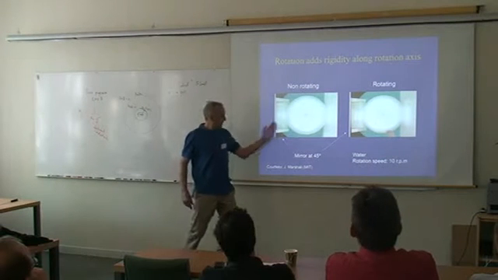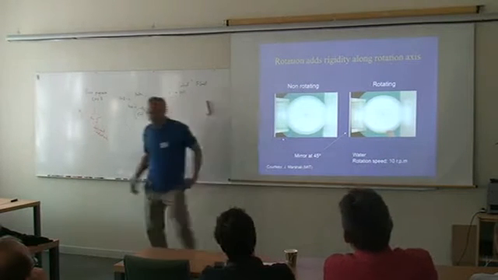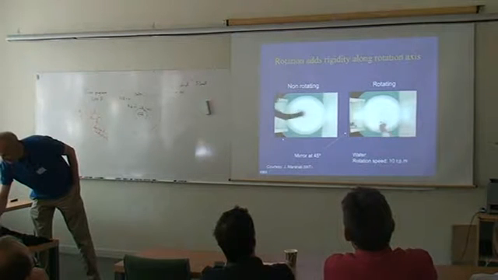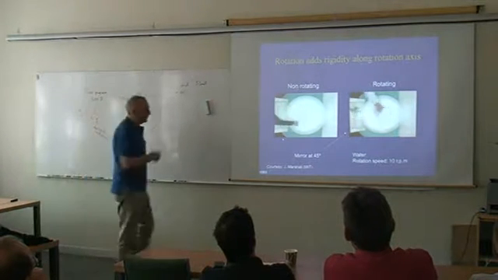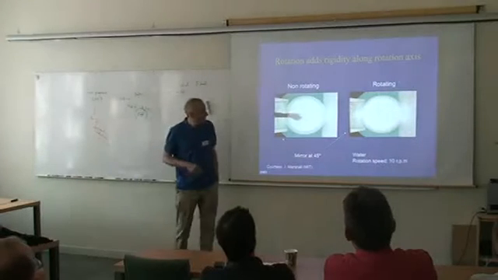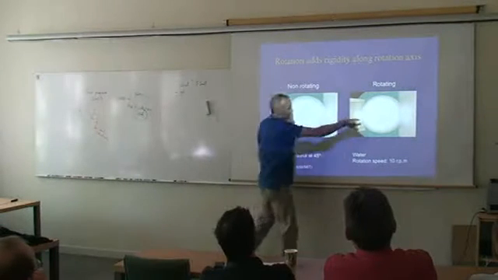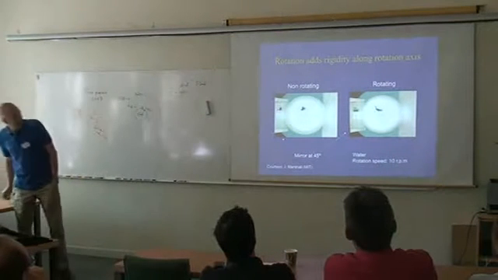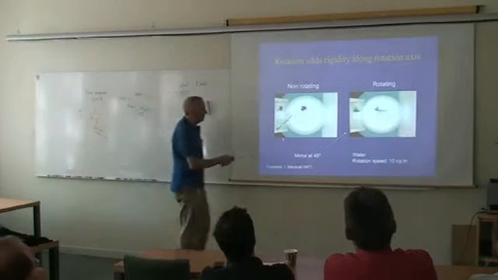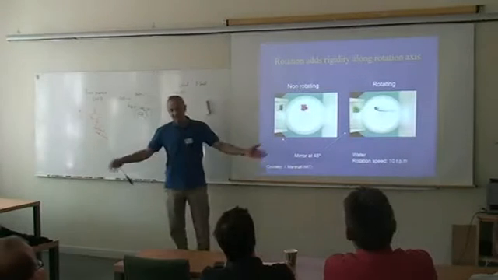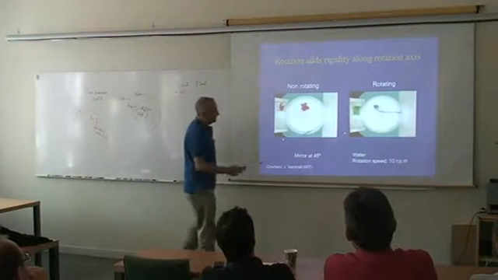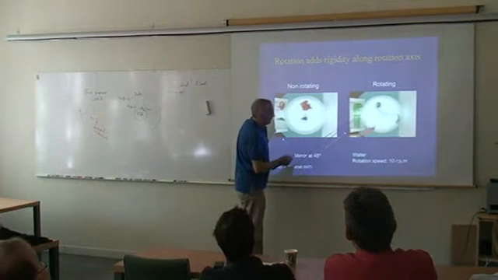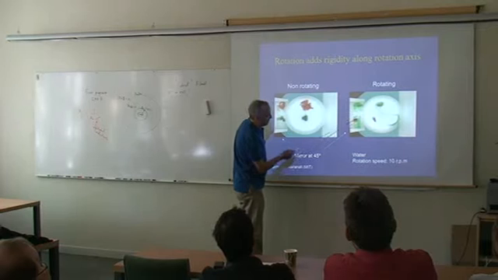This is a mirror at 45 degrees that allows you to look into the side of the fluid. And as I'm sure you all know, there's going to be a great difference between the non-rotating and rotating cases. This one has got a camera in the rotating frame, and you put a bit of dye into it, and of course in the non-rotating case, that dye just diffuses very isotropically. The dynamics of a rotating fluid is completely different, as you can see. Looking down, looking from the side of the fluid,